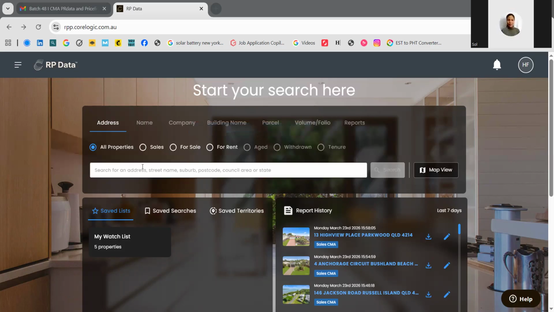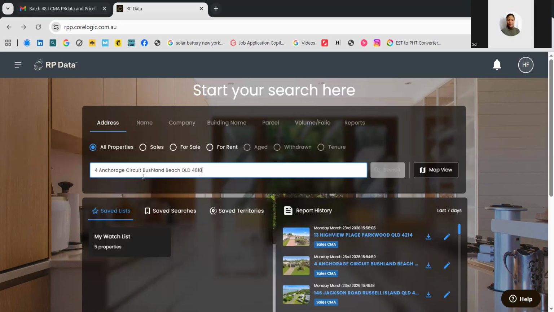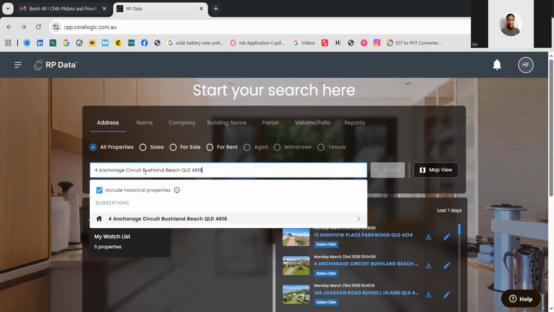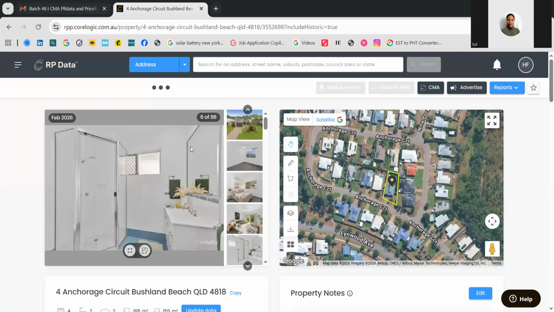So I have the address here. I'm looking for 4 Anchorage Circuit, Bushland Beach, Queensland 4818. Make sure this address is on the drop down list like this one. So click that address below. Then it will automatically